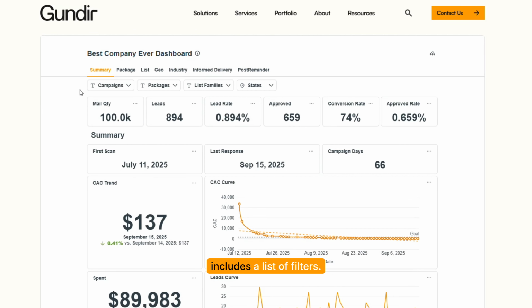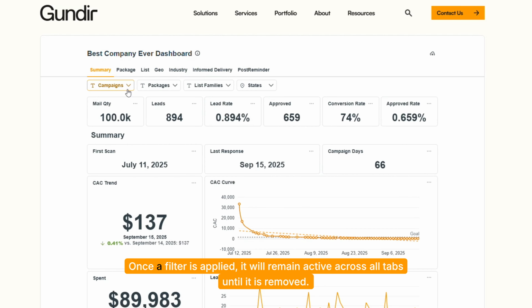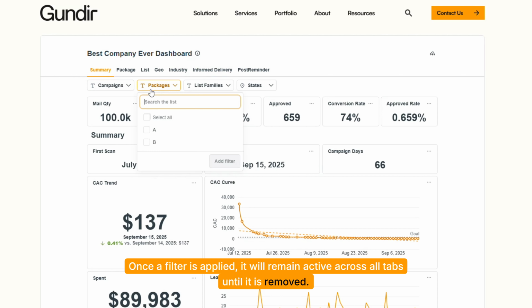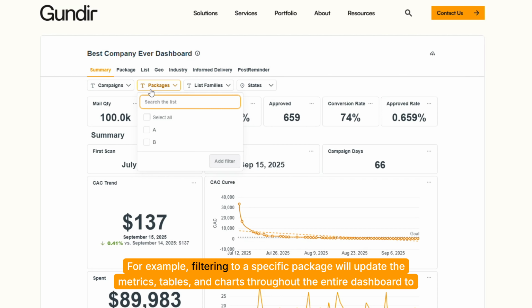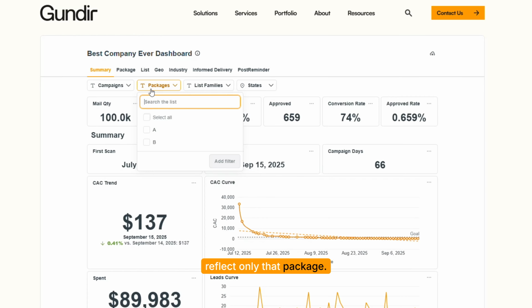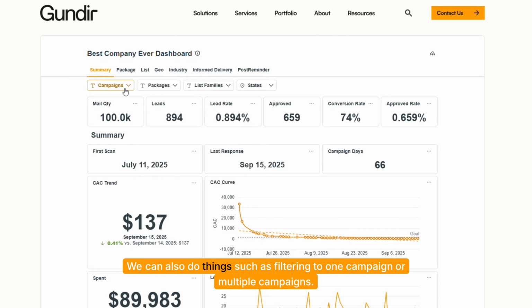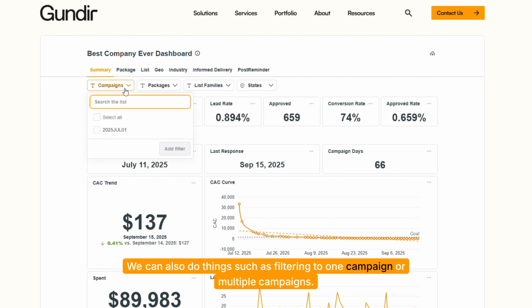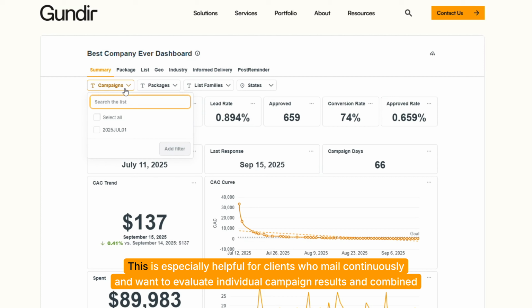Each tab also includes a list of filters. Once a filter is applied, it will remain active across all tabs until it is removed. For example, filtering to a specific package will update the metrics, tables, and charts throughout the entire dashboard to reflect only that package. We can also do things such as filtering to one campaign or multiple campaigns. This is especially helpful for clients who mail continuously and want to evaluate individual campaign results and combine performance over